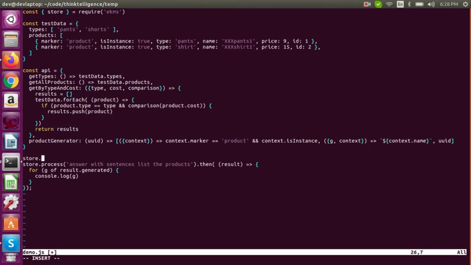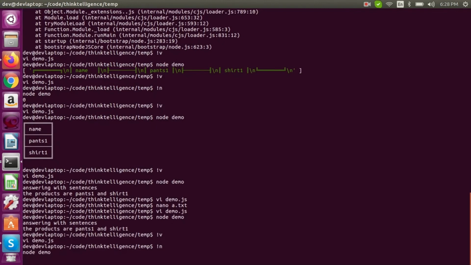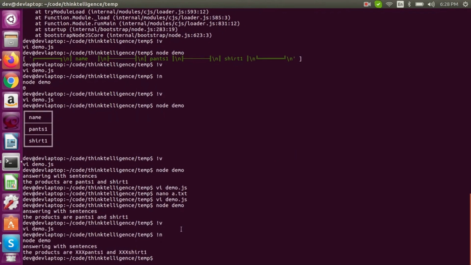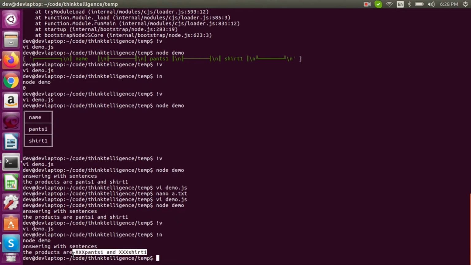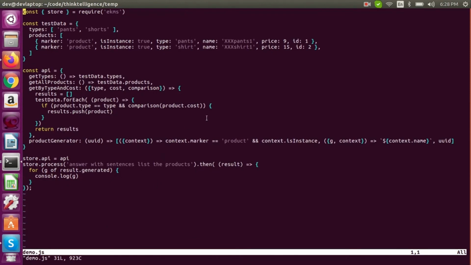So you got to pass the API to the knowledge module. Otherwise it doesn't know to use it. Okay, there we go. So it's using the data from the API definition that came in the file where we're just using the knowledge module. So you should be able to do this with all the knowledge modules and include